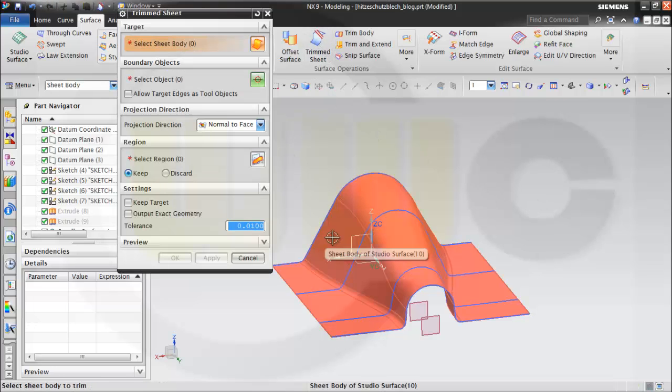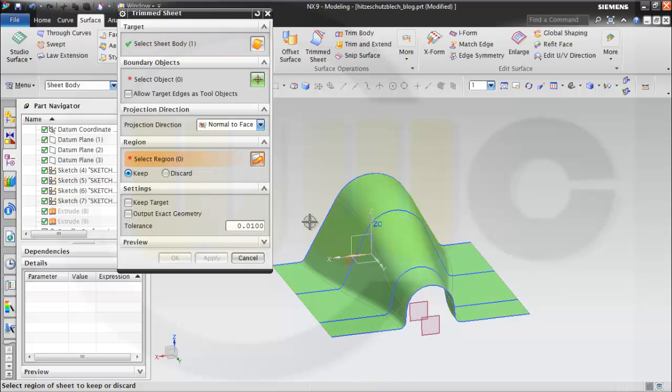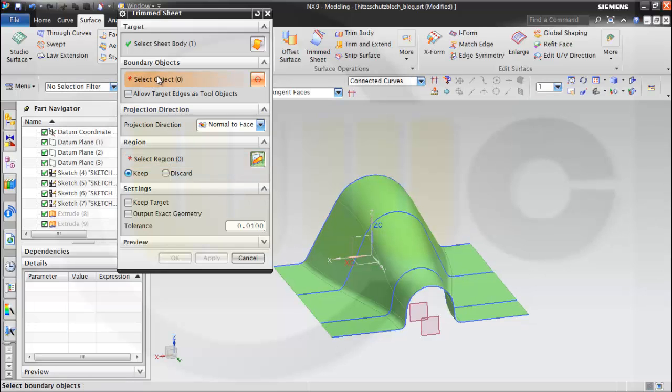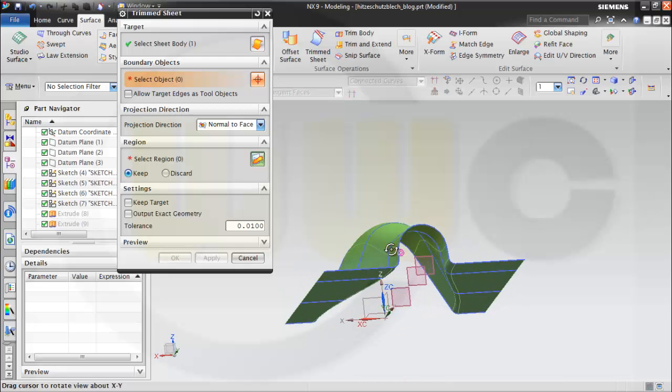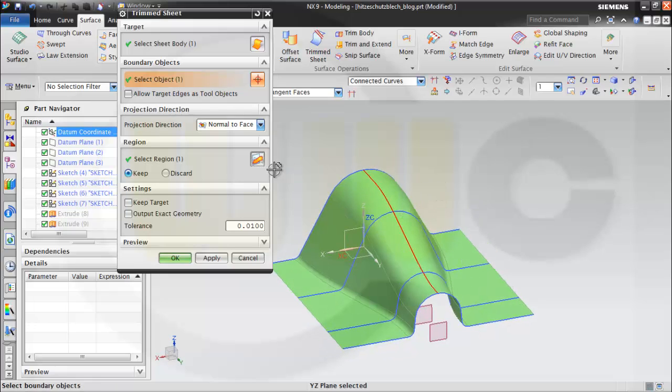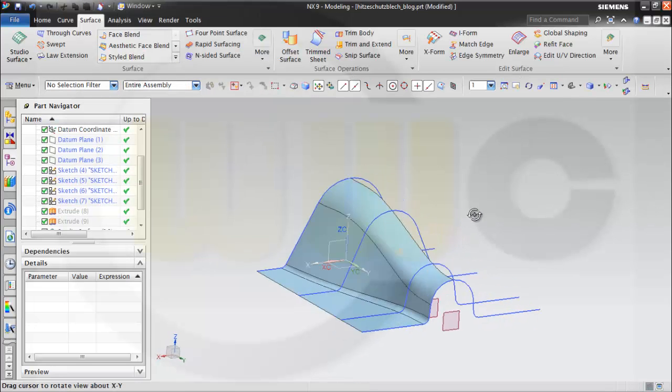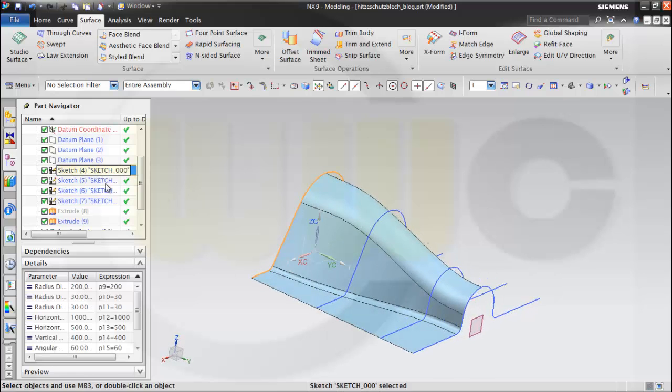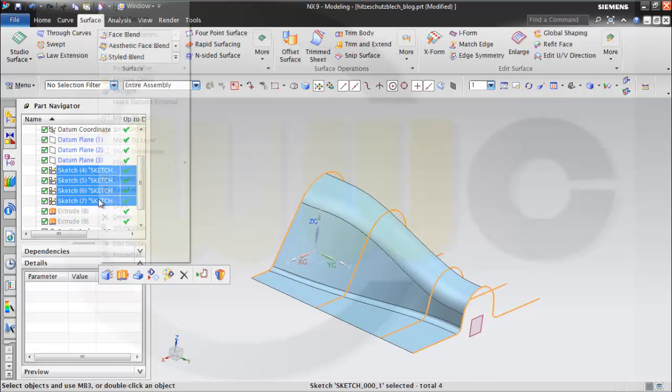I want to keep that region, but that's only possible if I first make use of that plane. Okay, and don't keep the torture, that's okay, and okay. So I now could hide these sketches,